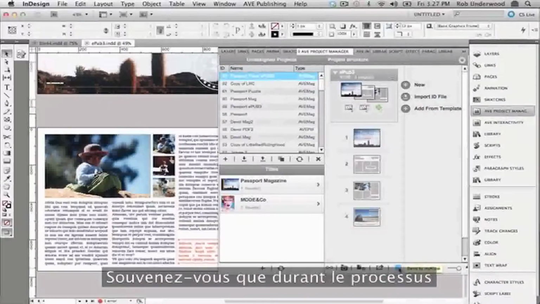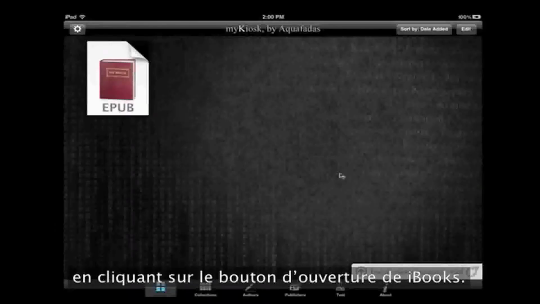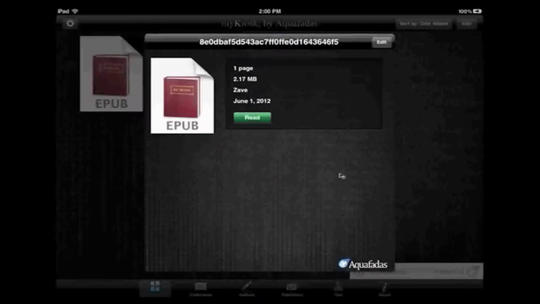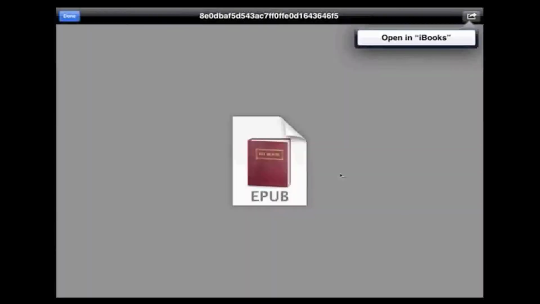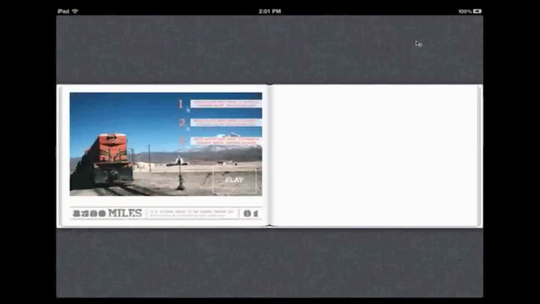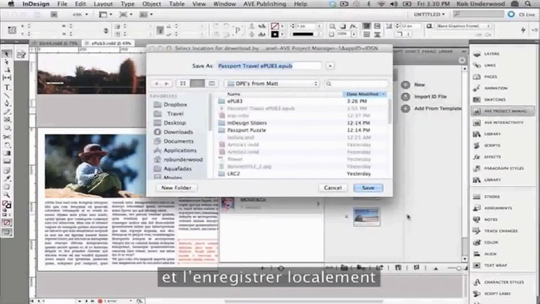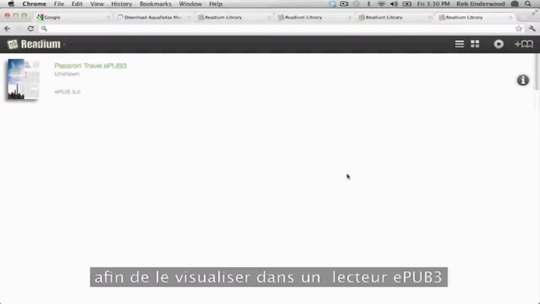Remember that during this process, you need to be connected to the internet for fonts to be converted to one of the supported types. You can preview this file by sending it to My Kiosk on your iPad. From there, you can send it directly into iBooks by clicking on the Open in iBooks button. You can then retrieve the ePUB file and save it locally to view your ePUB in an ePUB3 reader such